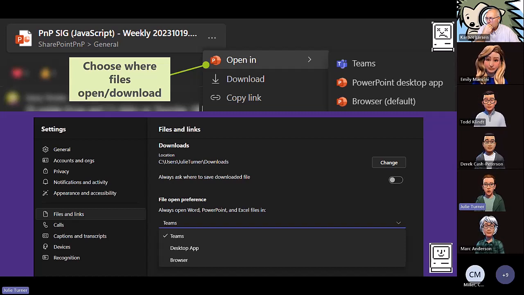Although what I found, and people know that I do present on the PMP SIG call, is that it used to be that I would just click on this icon to modify my slide in the PowerPoint deck, and it would just automatically open in Teams. Well, now it doesn't. It automatically opens in the browser, which is the default, except because I'm a guest, that doesn't work. So I have to know that I have to click the ... open in and then pick Teams so that I can actually edit this document. So from a user experience perspective, that really is not fun at all.